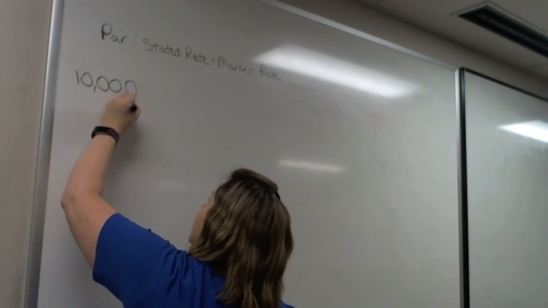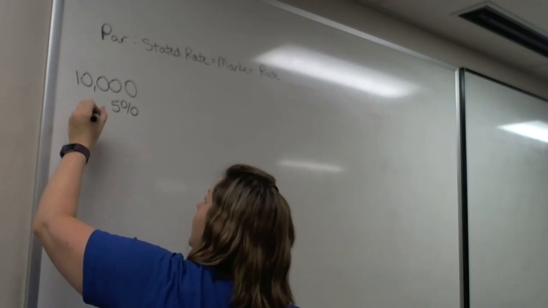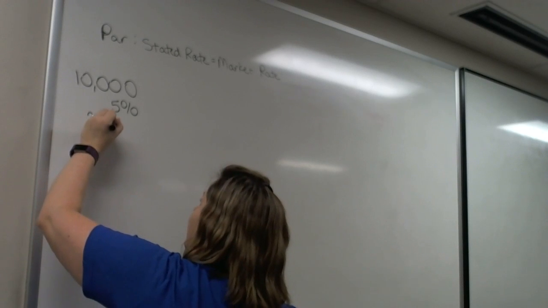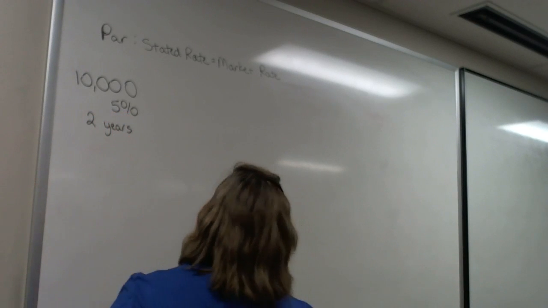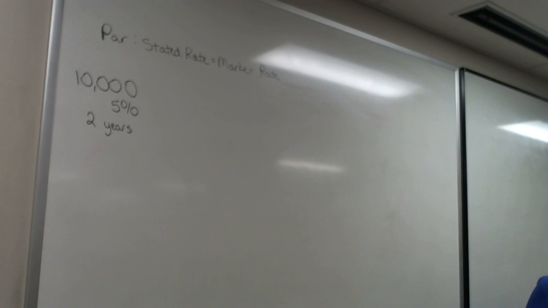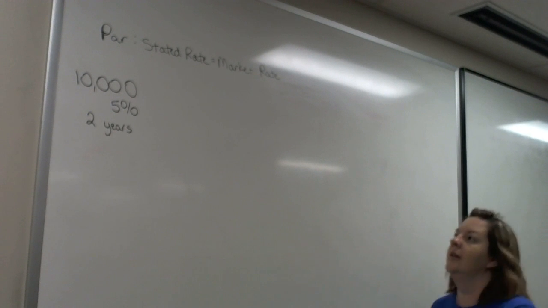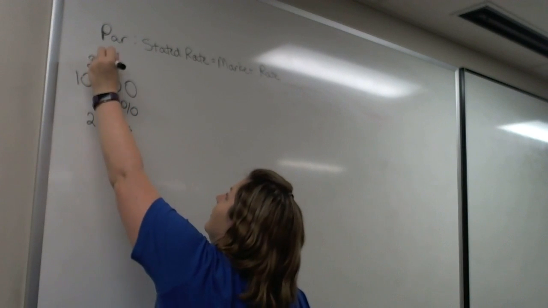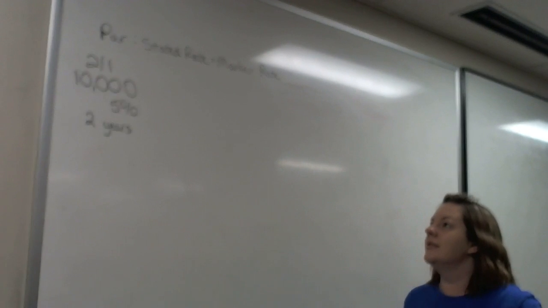Let's do a 5% interest rate, and we'll just make it short. We'll do 2 years, just for fun. Okay. So if we have a $10,000 par bond, a 5% stated interest rate for 2 years, and then all of your examples on the test, you'll still stick with making semi-annual payments. So, every 6 months. So when you issue that bond, I guess I could give us a date, on February 1st,